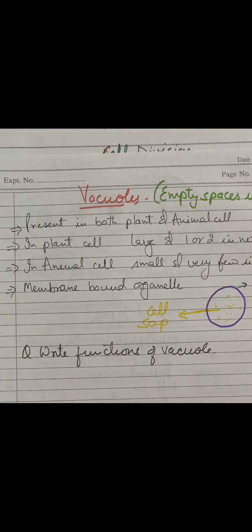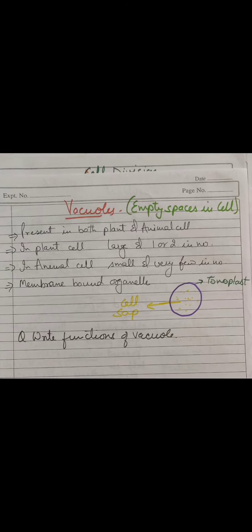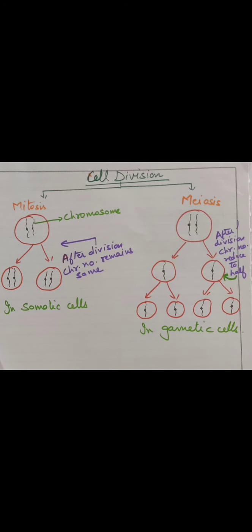Next, this is all about the organelles. Now we will be dealing with a very important word, which is cell division. This is the last topic of the cell. This is one of the activities which is performed by the cell. Till now we have done parts of the cell. Now we are doing one function, one activity which is performed by the cell, the cell division.